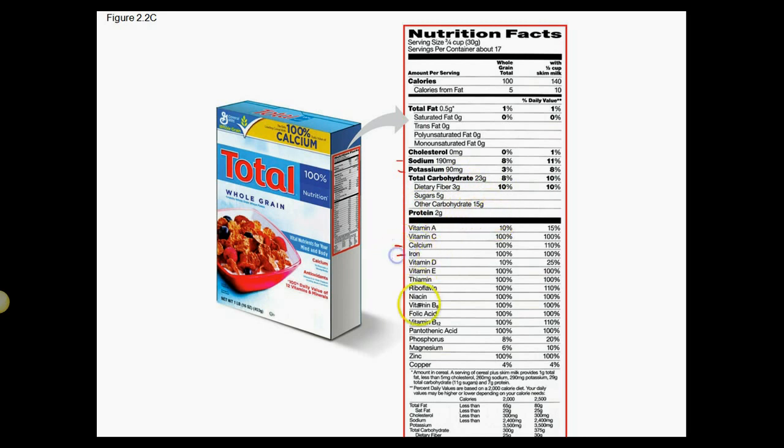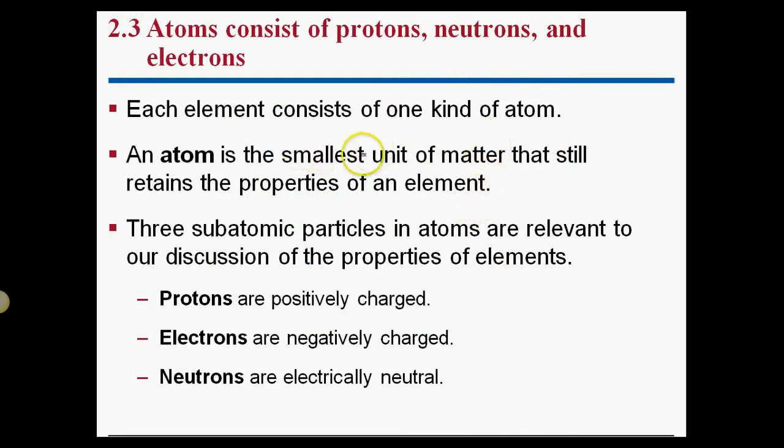Then they'll list calcium, iron, let's see, phosphorus, magnesium, zinc, and copper. I'm trying to pick out just the elements for you. Then you get other molecules like A and C and vitamin D and riboflavin and niacin and B and folic acid and B12 and so on. Okay, so there's an endless amount of stuff that you can add to these things in order to make them more nutritious, right? Make them total whole grain. Where's... Oh, they didn't give you the list here. I was going to see if the first ingredient was whole grain. Probably not important at the moment.